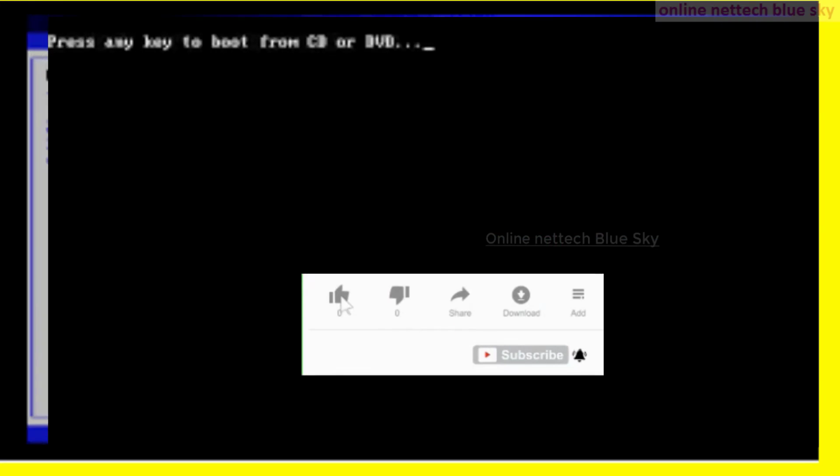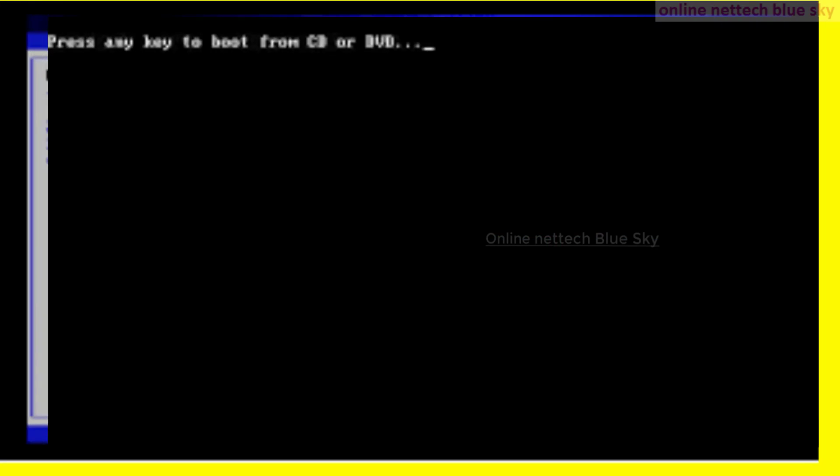So this is the start of the installation process. And the second file, this time you can see this is showing. If you are using Windows 7, this file is showing, and if you are using Windows 8 or Windows 8.1, the Windows operating system logo menu shows. So let's start and completely understand how to install Windows 8 and Windows 8.1, with all the related information, in this video.